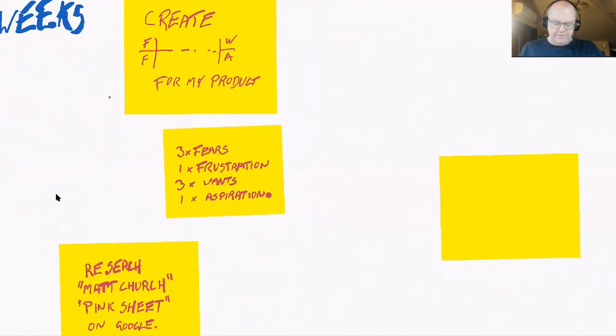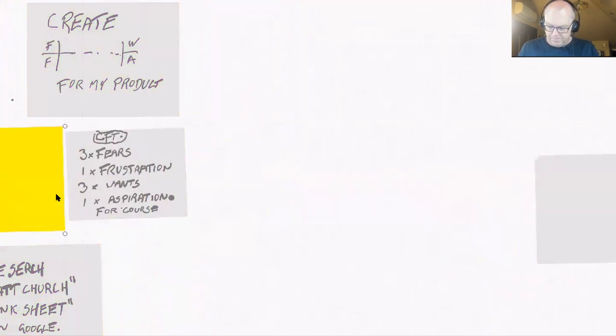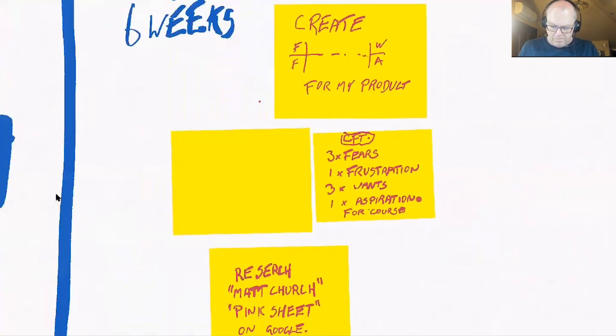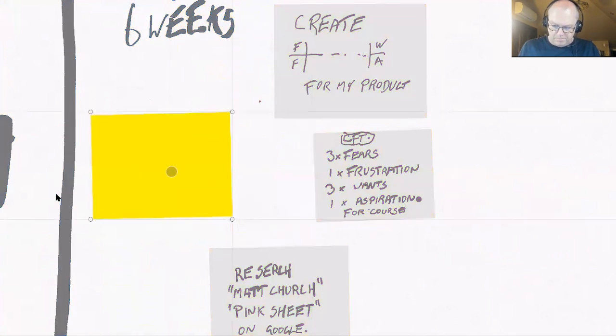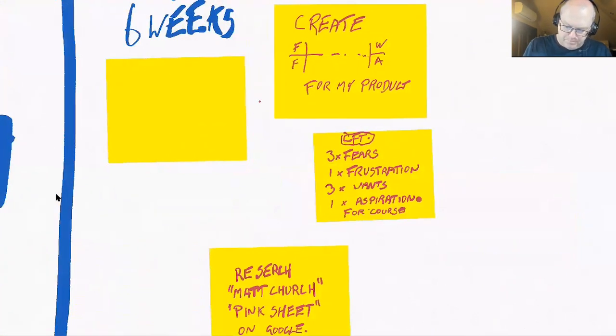So our CFTs are CFT here. Create 3 fears, 1 frustration, 3 wants, and 1 aspiration for course. And point that there. Let me grab a post-it note. And CFT here. CFT here is decide key problem